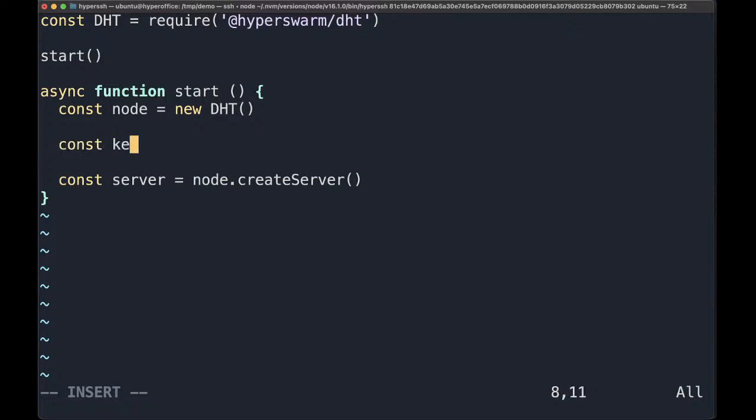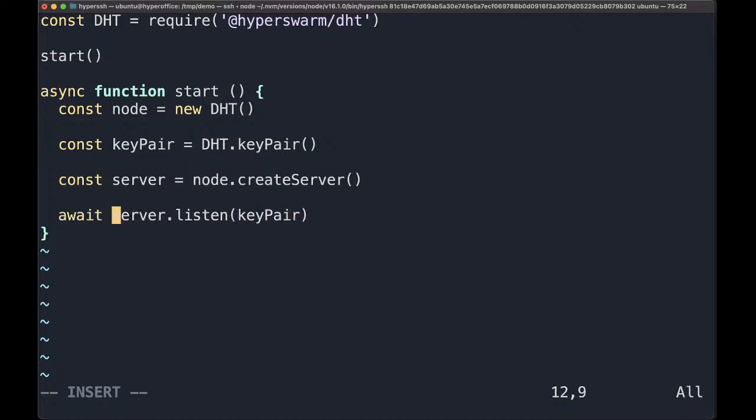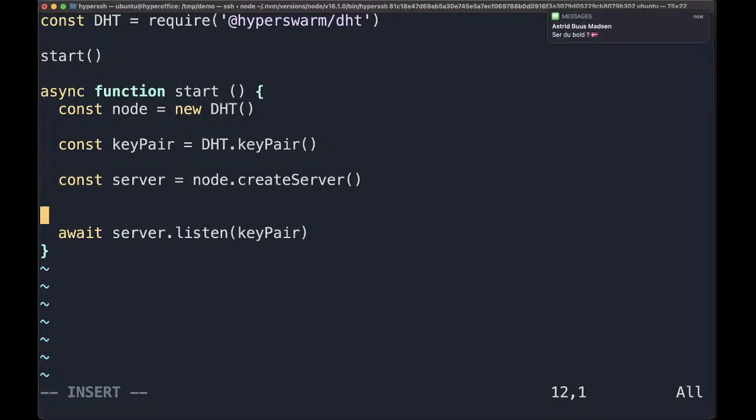Sorry, my Vim skills are not that great. Key pair. So this just makes a key pair. It's just an ED25519 key pair, like the classic libsodium key pair, the key pairs we use in Hypercore. And you can say, listen on that. In a normal app, you would have that somewhere else, like on a seed or something. And then